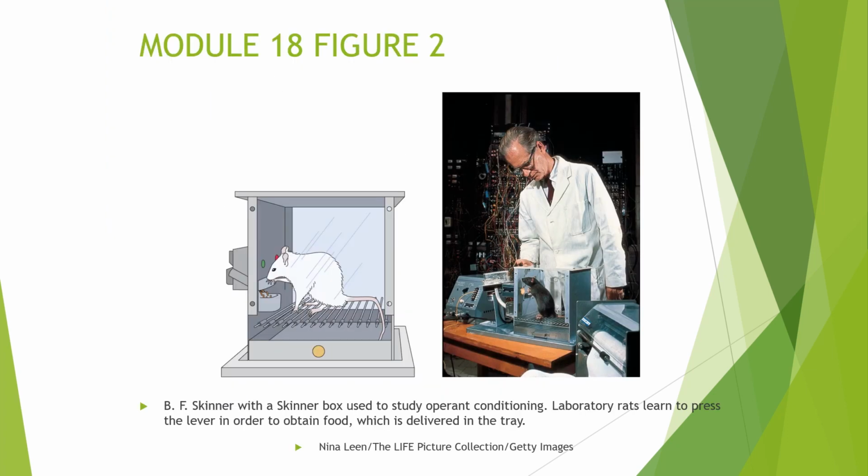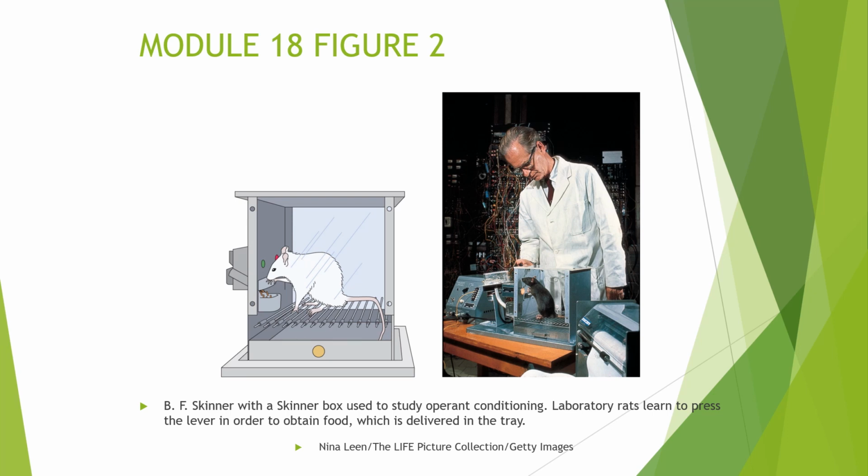This is a picture of, on the right, this is actually B.F. Skinner, and this is what the Skinner box looks like. I have used these numerous times whenever I was in graduate school to train rats to press a lever. But you can see this is a real rat in the picture on the right, but a cartoon rat in the picture on the left showing you that they had to press this lever and then food would come down into this tray and they would be able to eat the food. There's lots of things that you can do with these Skinner boxes.